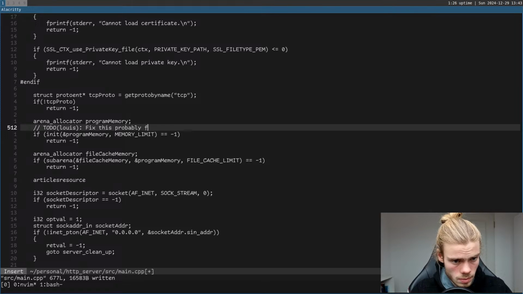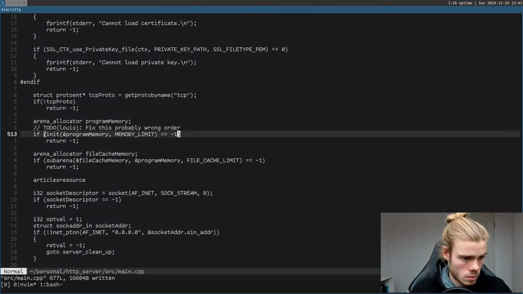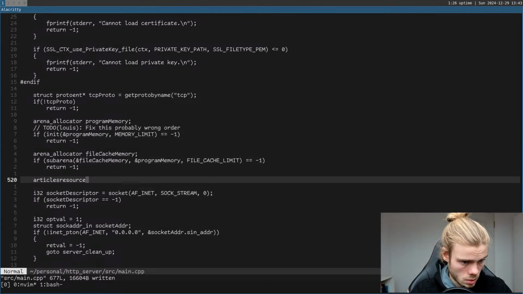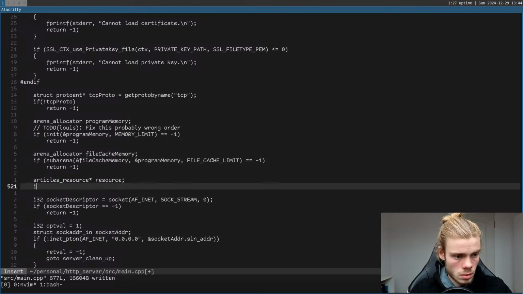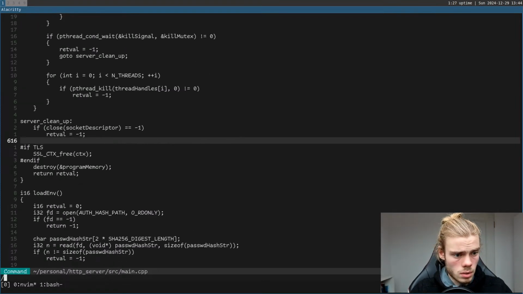Probably wrong order. So articles resource is, and then we init the resource, and at the server,